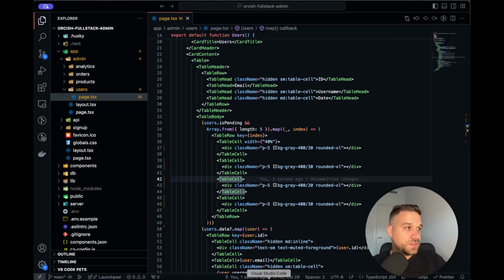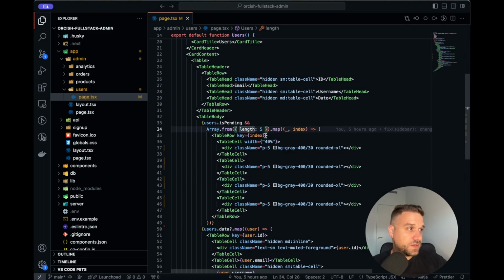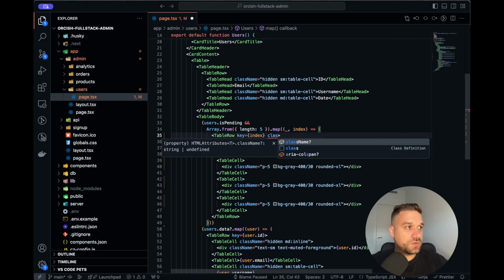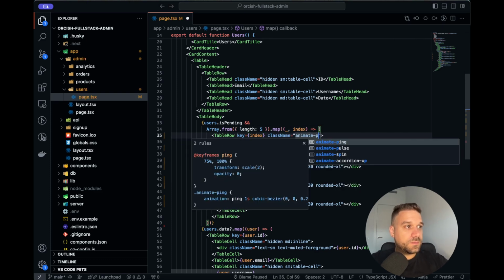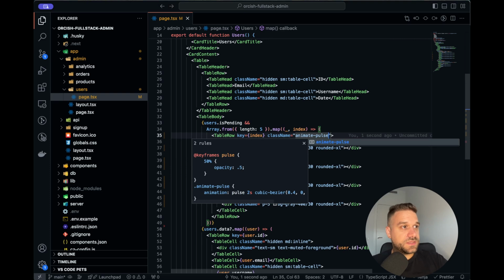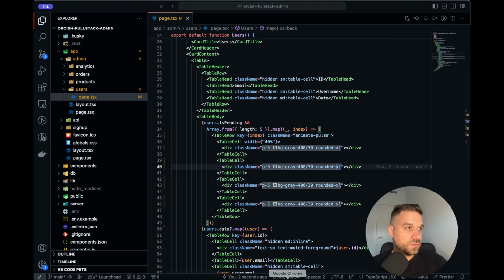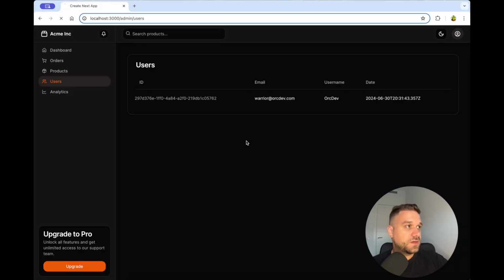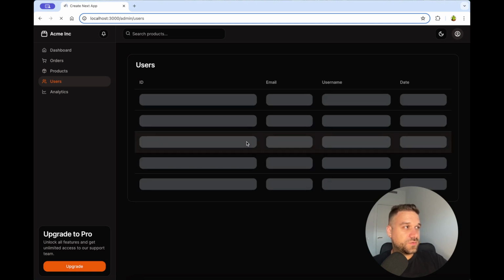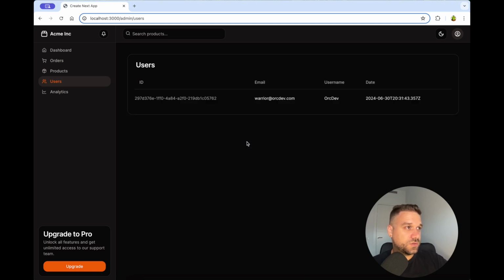The only thing left is to put that famous animate-pulse. So we are going to put it on the table row, animate-pulse like this. That's the Tailwind animation, which is going to give us that pulse loading. And here it is. We cannot see it really well because loading is really fast, but we are going to